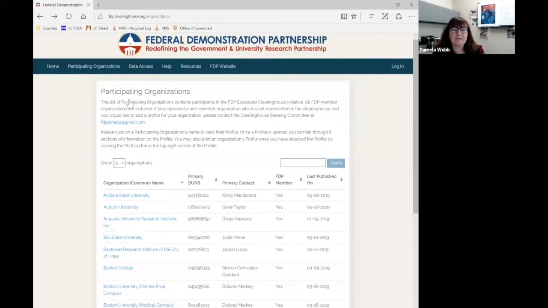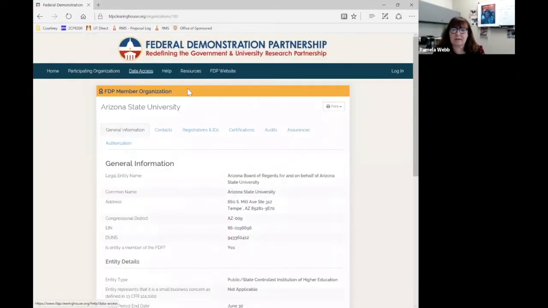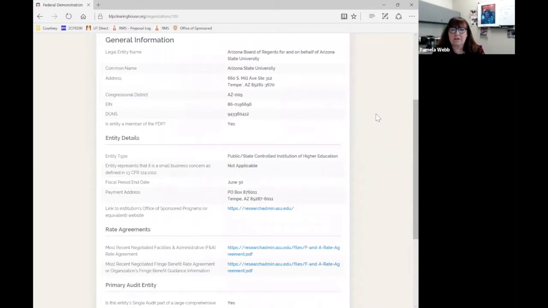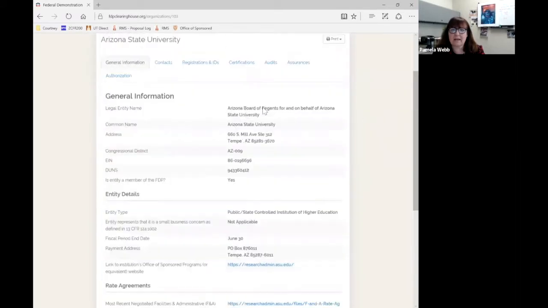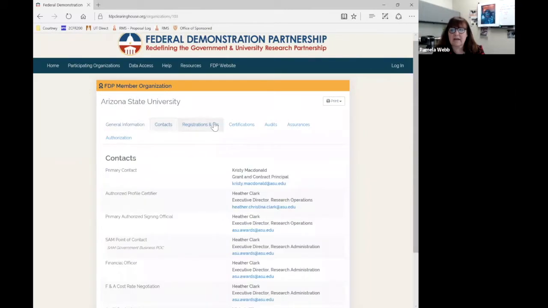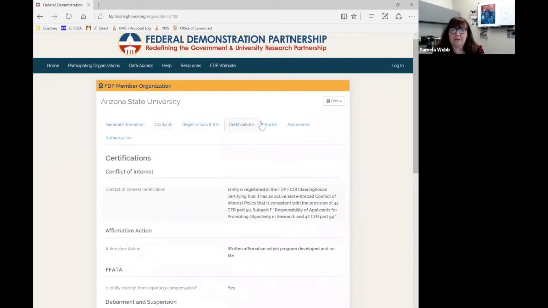So Courtney's going to navigate here to a profile, and she's going to show you a sample as we review the type of data that's available. You can quickly, briefly go through every tab and just take a look at what kind of data are in each tab. But we're going to go through these here in a minute. In general, the